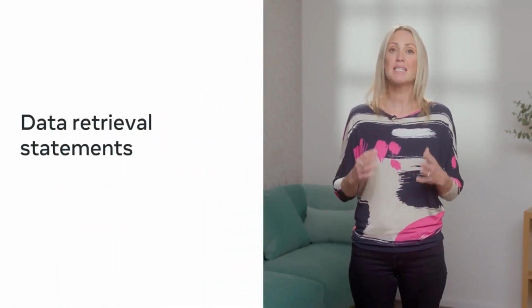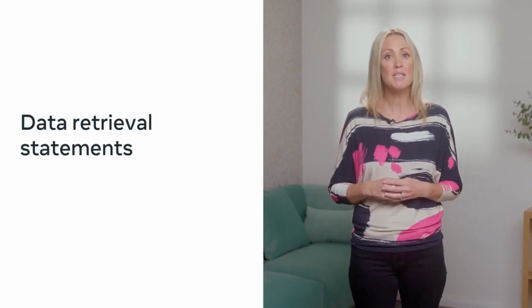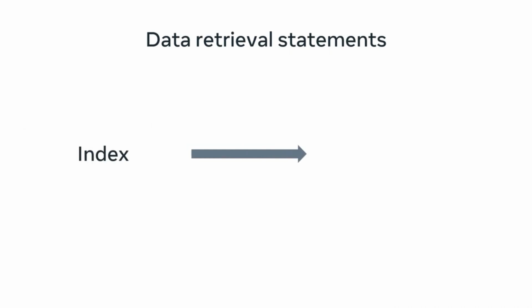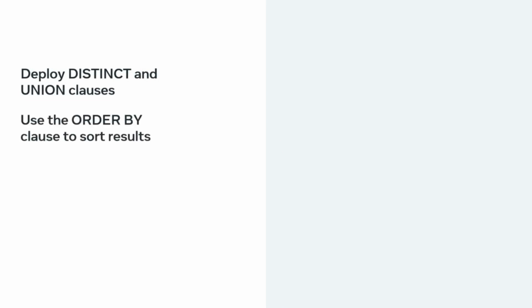Data retrieval statements are select statements. There's a lot of work involved in optimizing select statements, and it typically involves indexes. An index is a type of handle that you can use to quickly look up data. Indexes are created on table columns. You'll learn more about indexes later in this lesson. Other methods for optimizing select statements that you'll encounter in this lesson include targeting specific columns in the select command, efficient use of functions and wildcards in predicates, and making use of inner joins instead of outer joins. You'll also learn about deploying the distinct and union clauses and explore the importance of using the order by clause